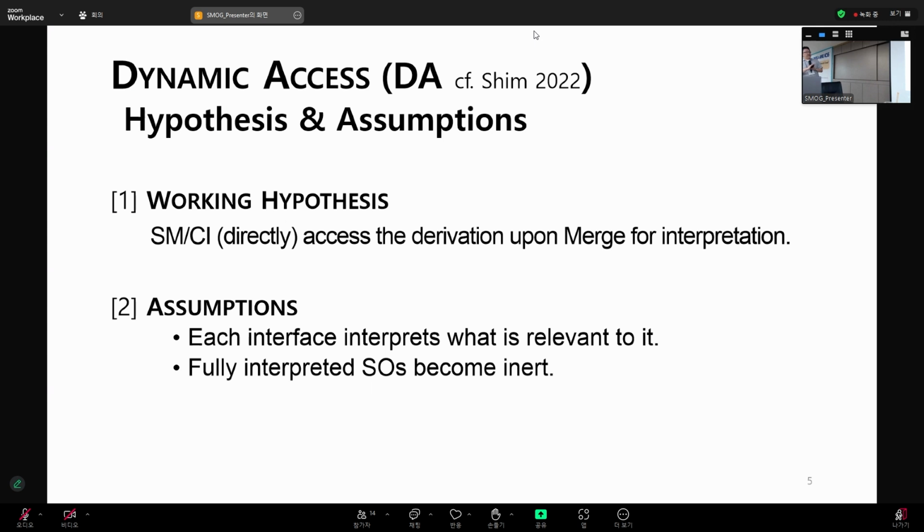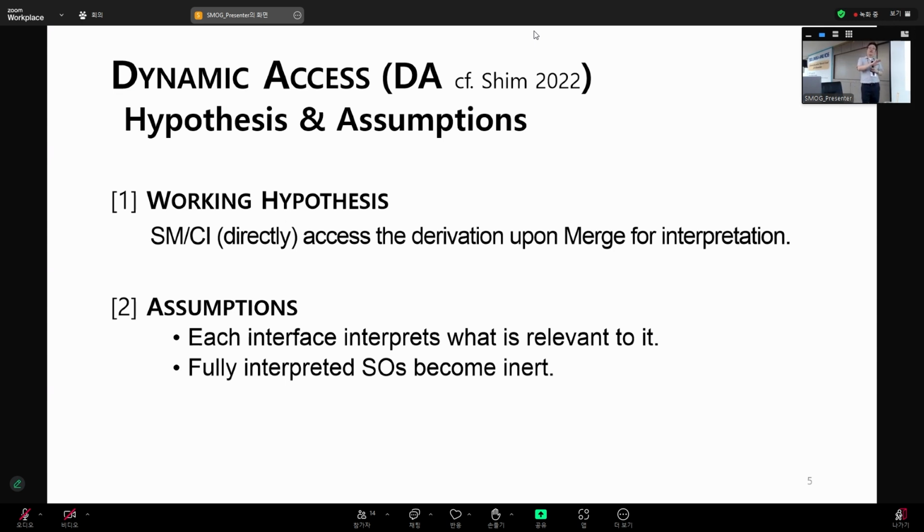So this is the central slide, the central ideas of my dynamic access model. As a working hypothesis, I assume that each interface directly accesses the derivation upon each merge. So this implies a lot of stuff. First, it implies that there's no mechanism or operation such as transfer that mediates between, say, the syntax proper and the interfaces. So we don't need that kind of additional operation, simply because in my dynamic access model,